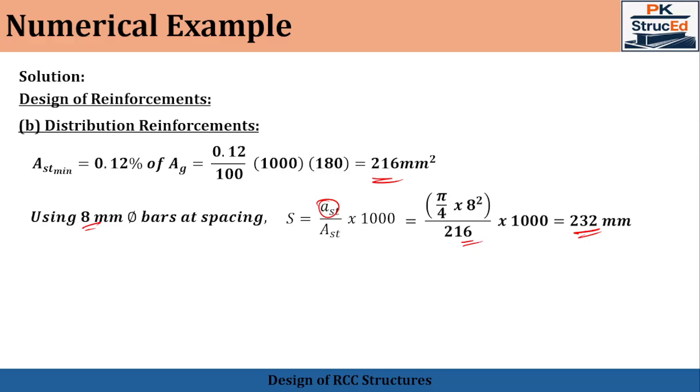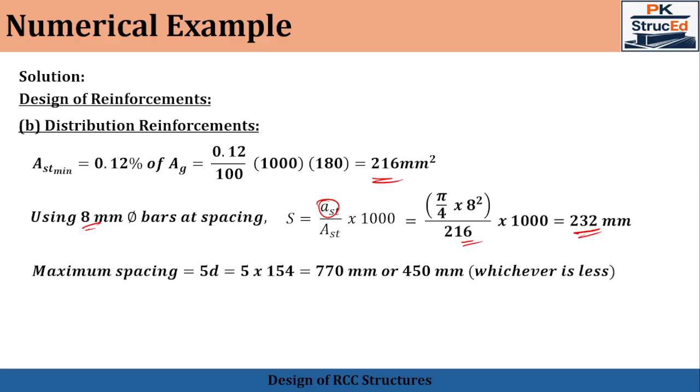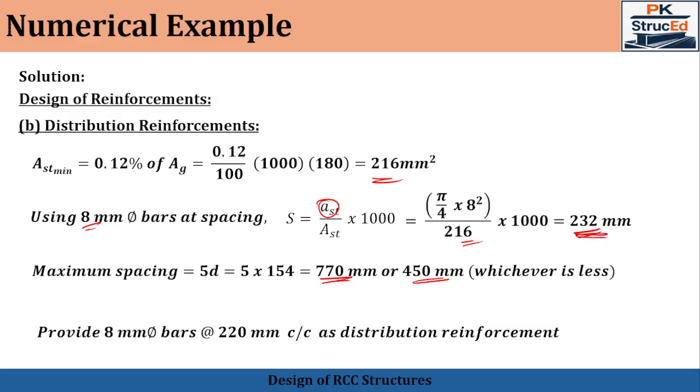216 mm square. Now the distributors are given a maximum spacing condition of 5 times the effective depth or 450 mm, whichever is the case. So we are getting 5 times the effective depth as 770 mm and the maximum spacing is 450 mm, and therefore the calculated spacing is sufficient. Since this is less than the maximum spacing, therefore provide 8 mm dia bars at 220 mm centers as distribution